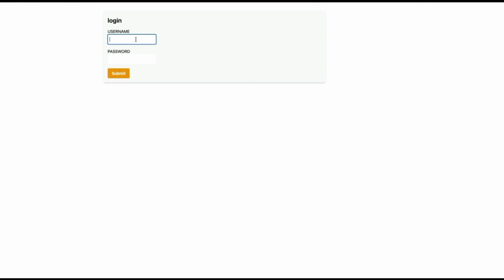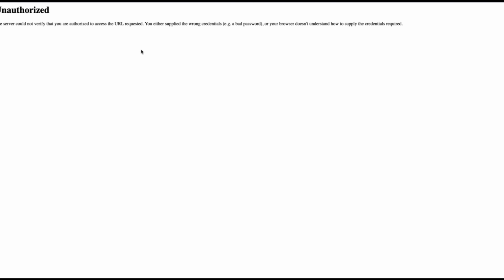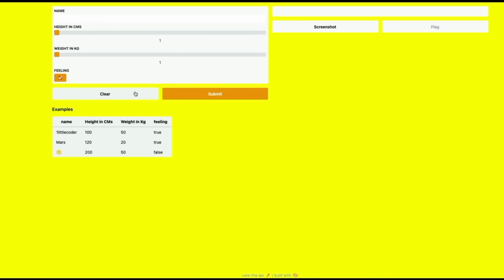Let's say I give a wrong username and password first. I'm going to say user, and the password I'm going to say something else. And when I do that, it says the server could not verify you. You either supplied a wrong credential or your browser doesn't understand how to supply the credential. So the first thing is it works. The authentication works. It's not letting anybody log in. So now let's try. I'm going to give one little coder, and then you can see it has successfully taken